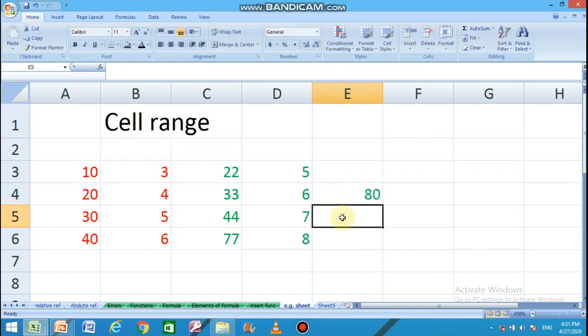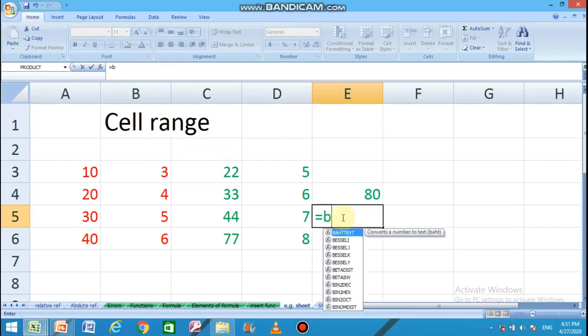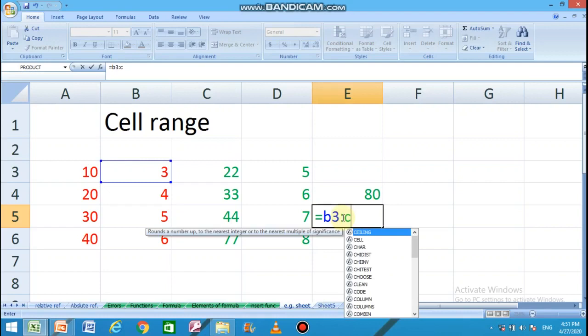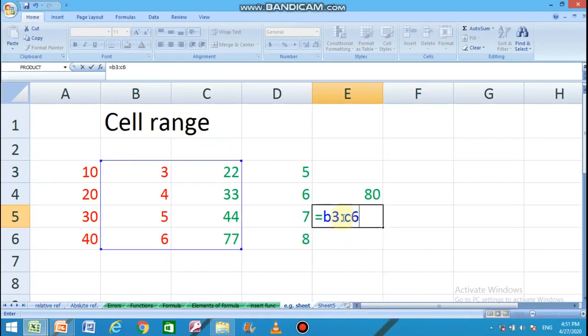But if we write like B3 colon C6, then now you can see, as I have written B3 colon C6, all the cells starting from B3, this is B3, up to C6, all the cells from starting to the last are covered, packed together. This forms a range.